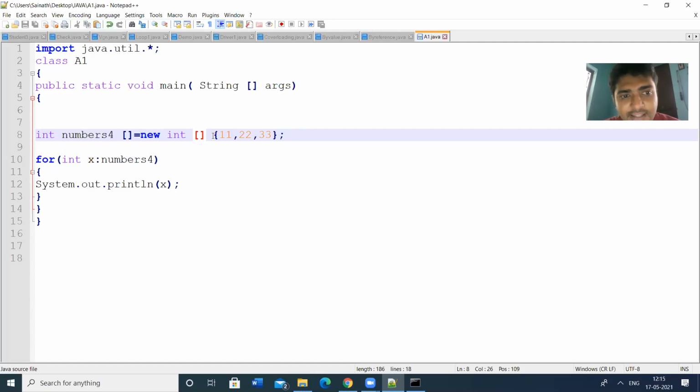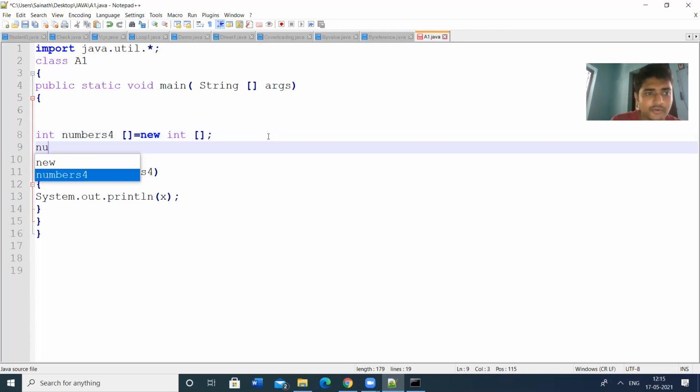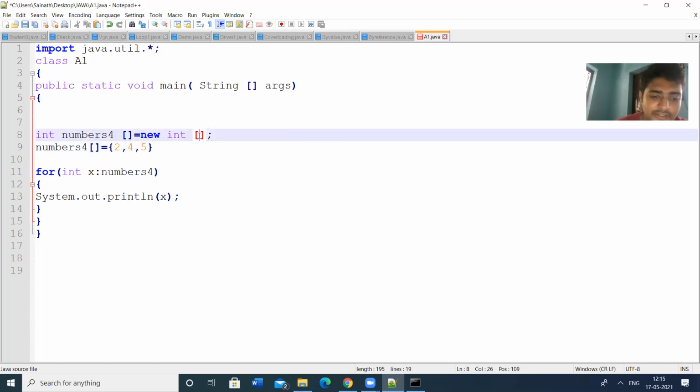If you are assigning the values somewhere else, for example numbers 4 is equal to values 2, 3, 4, like that, then compulsorily we have to give the size here.